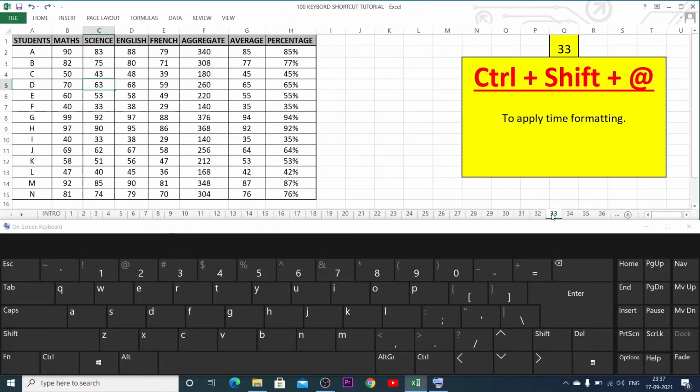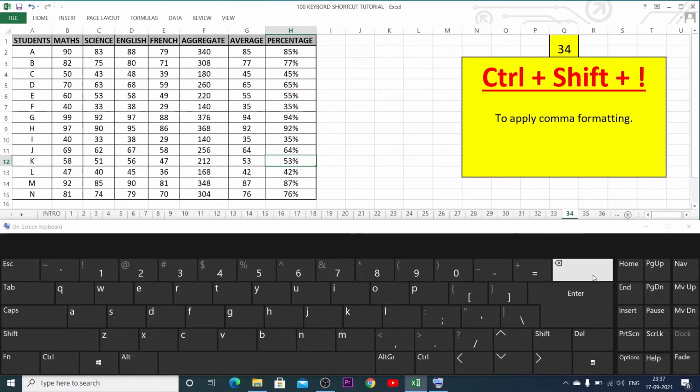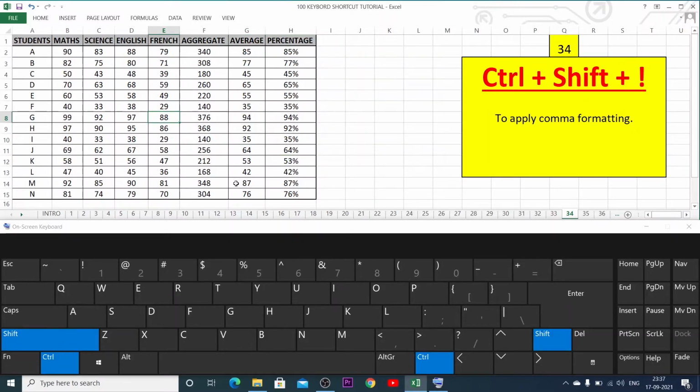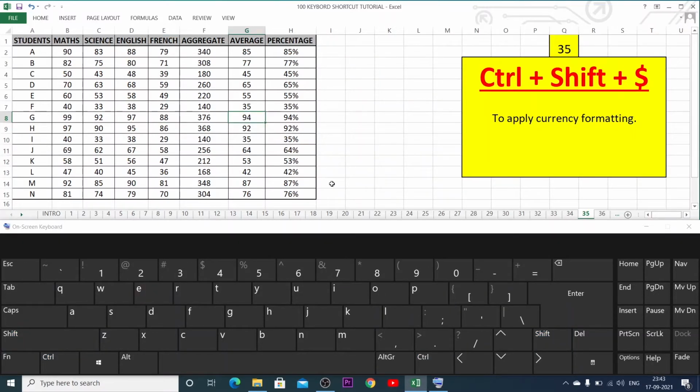Control Shift @ sign to apply time formatting. Control Shift exclamation mark to apply comma formatting. Control Shift plus dollar sign to apply currency formatting.